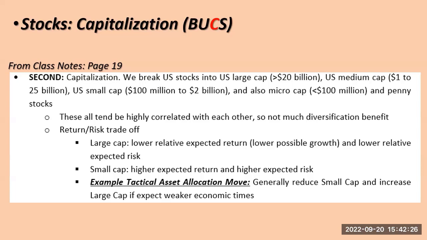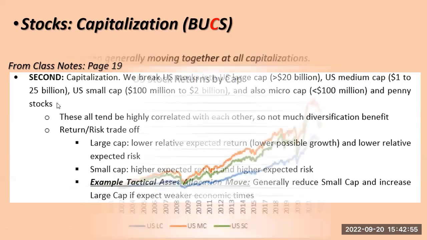Now, small cap have been an interesting asset class long-term because they've had higher returns than large cap, but much, much higher returns relative to their risk. And it's been somewhat of a question in corporate finance, especially with college professors, is why do small caps earn so much more than they should? Now, I think recently that's come back because the large tech companies have done so well, but small cap have been somewhat of an uncertainty.